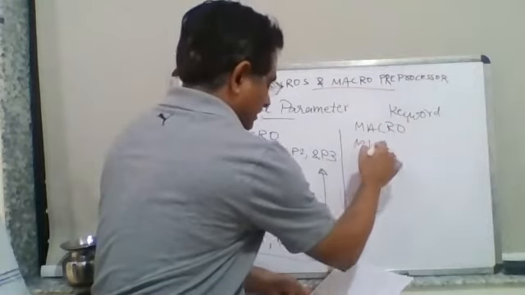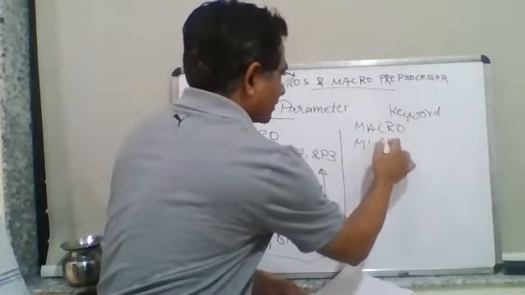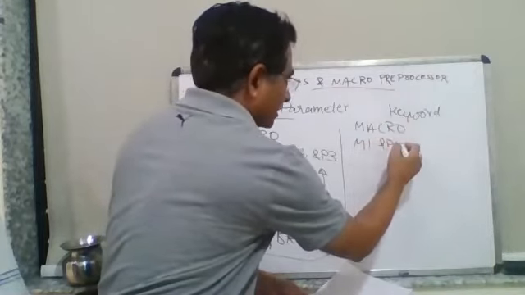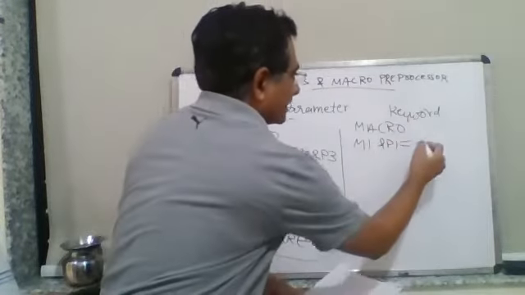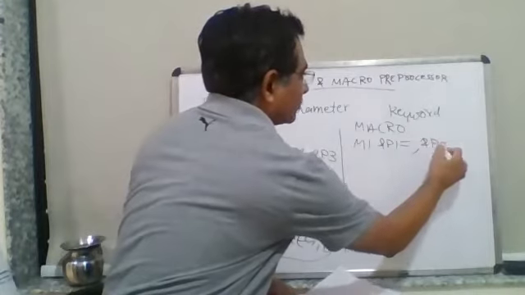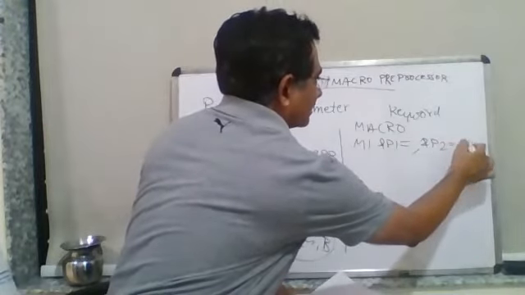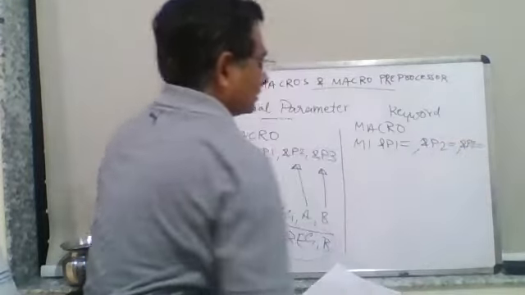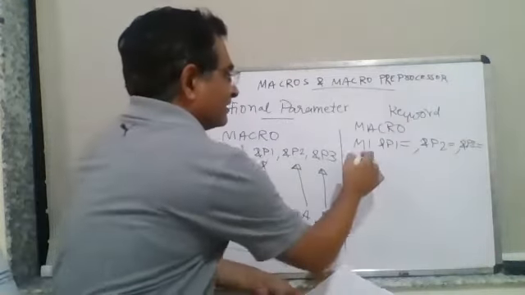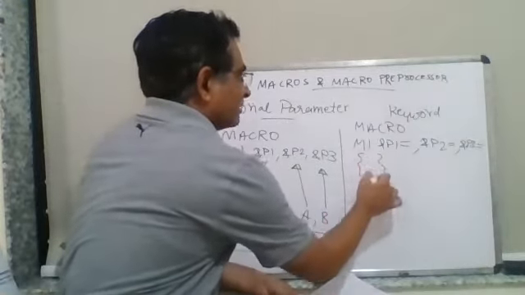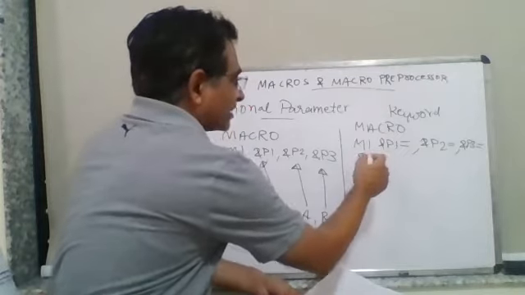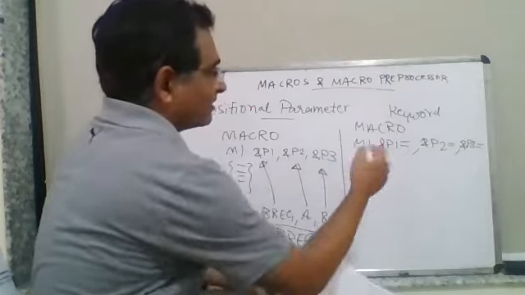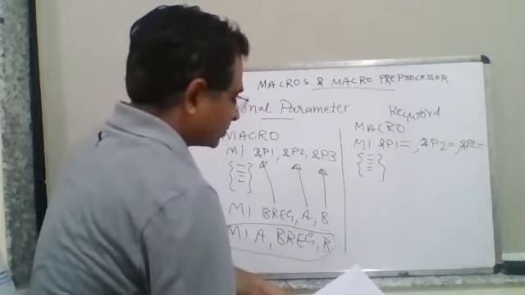Let's say M1 is equal to &P1, and I will say here equal to. If the specification is like this, &P2 equal to, &P3 equal to. So in this way, if there is an equal to sign which is specified, then we call it a keyword-based positional parameter. And position doesn't matter. Meaning keywords are there and the position doesn't matter.